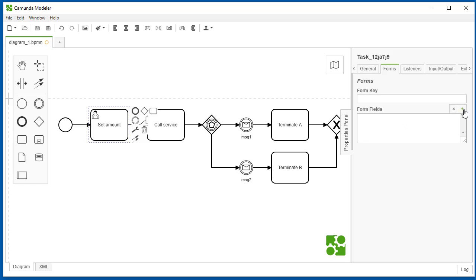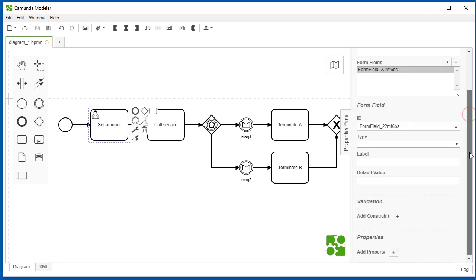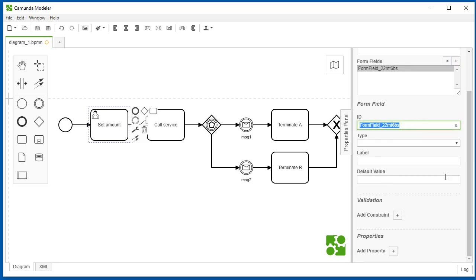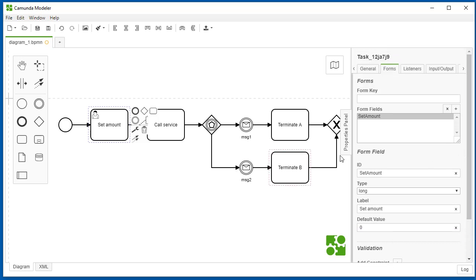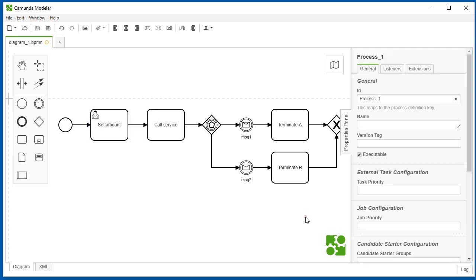So it's possible to click on the plus sign in here, and let's set as ID set amount with type long, and as label we could set something like set amount, and as default value we can insert 0. Okay, so now we set the form for the first activity, and in addition we want to set the